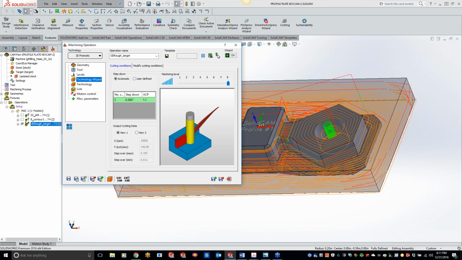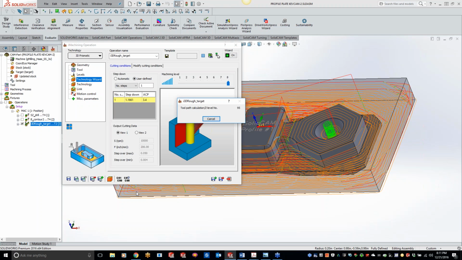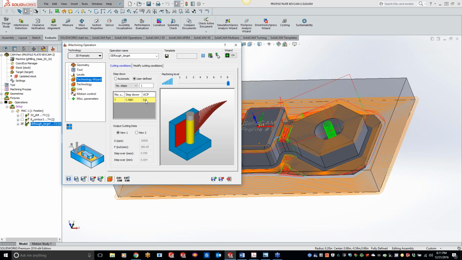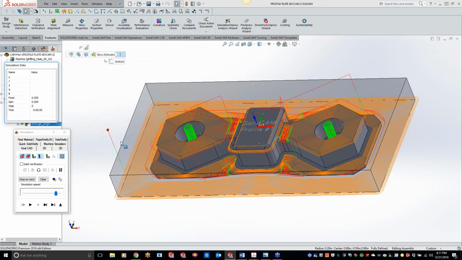Okay, so we got our part all machined out. We still have 15 thou on the wall and the floor. If I want to, I can come in here and tell it to take it all in one cut. We'll do a save and calculate again, so it's utilizing the full flutes. By doing that, I did move to the yellow range, which is still fine to cut in. No issues at all there. Now if we just do a simulate on that,